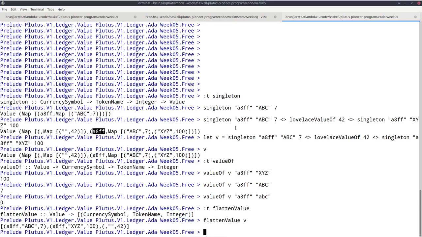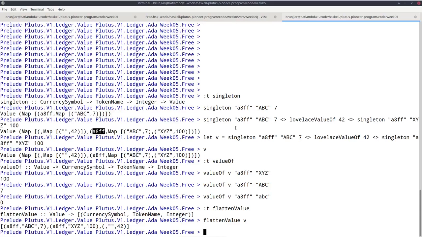So the corresponding script must also be contained in the transaction, and that script is executed along with the other validation scripts. And similar to the validation scripts that we have seen so far that validate inputs, the purpose of these minting scripts is to decide whether this transaction has the right to mint or burn tokens. And ADA actually also fits into this scheme because remember the currency symbol of ADA is just an empty string, which is not the hash of any script. So there is no script that hashes to the empty script.